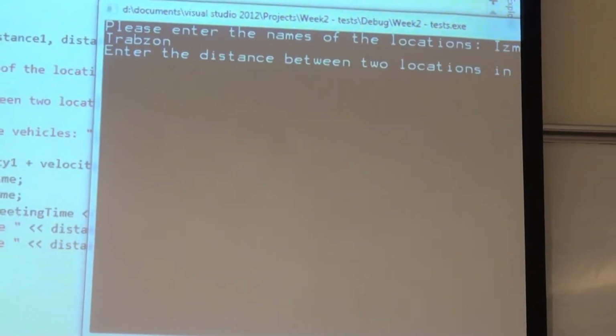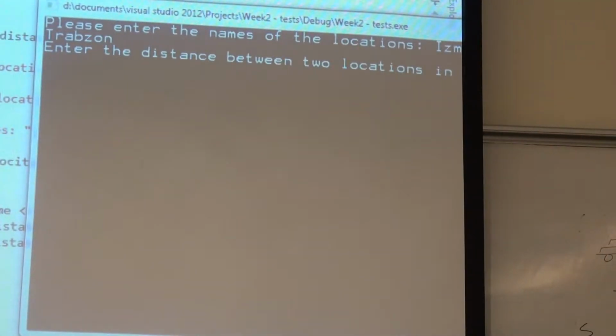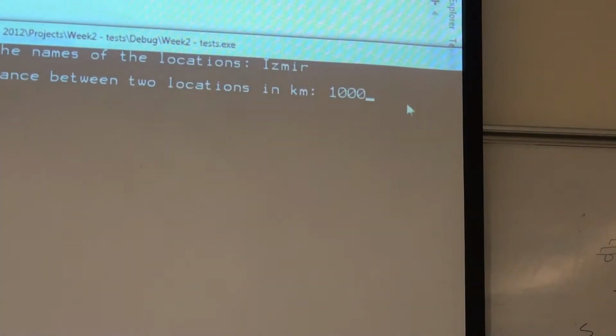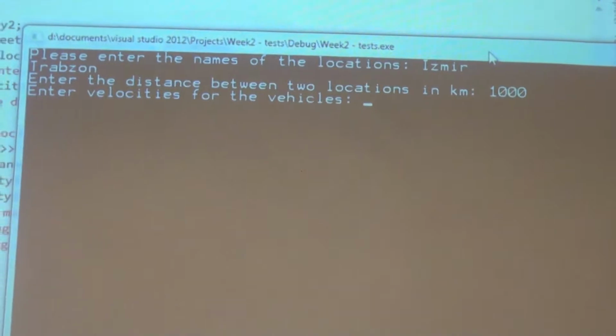So we have done this part of the code. Now please enter the names of the locations. I just entered them. We have city 1 and city 2. Enter the distance between 2 locations. I'm doing it right now. It's 1,000. When I press enter, I've already